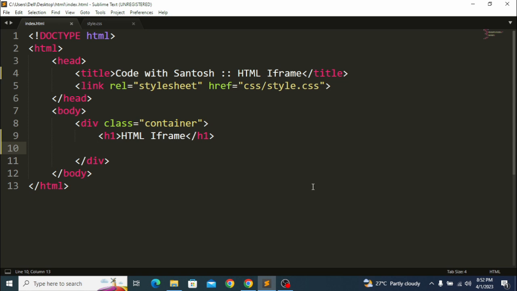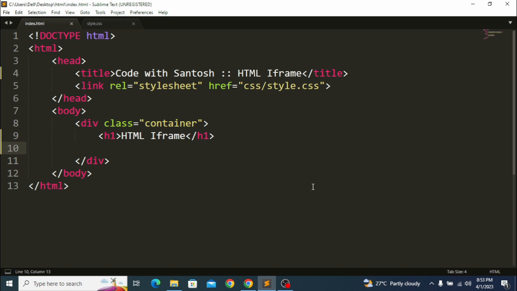In this chapter we are going to discuss the HTML iframe. What is HTML iframe and why do we need it in our website or web page? So iframe is a very useful tag in HTML and it can be used to get another page from another website, or from your website itself, into this page. So you can embed a separate page from any other website or any other page into your HTML page